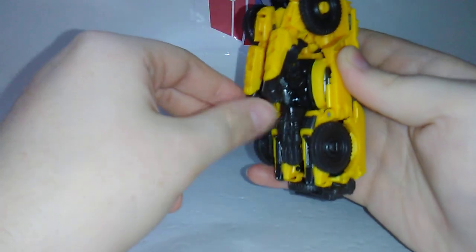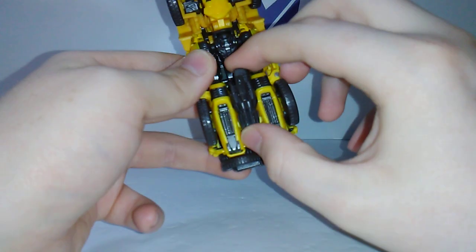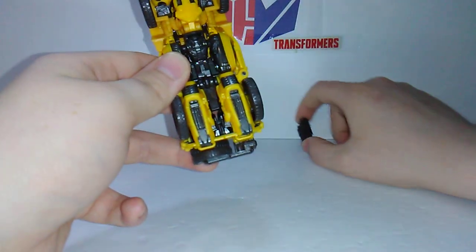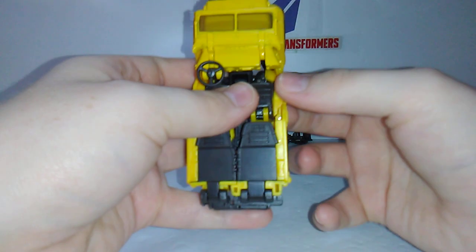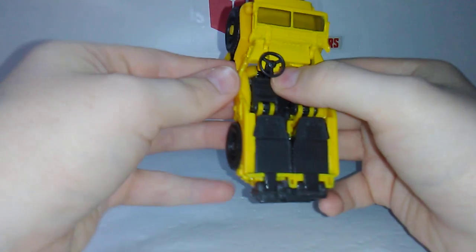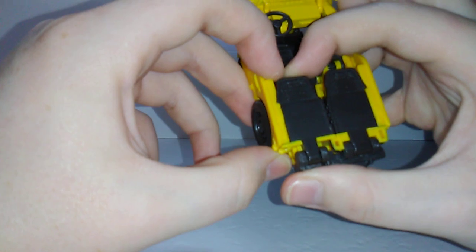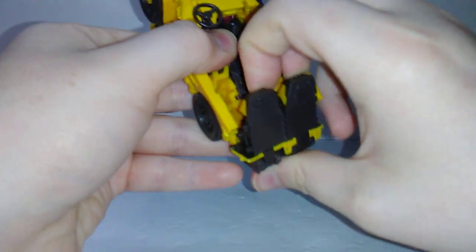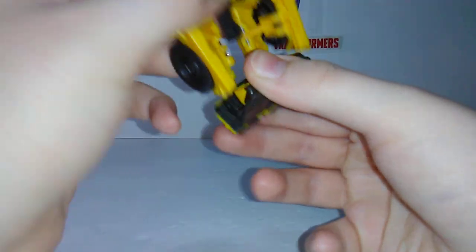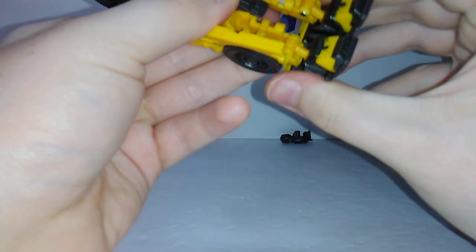bring this back up, bring them up. Next, you want to take out his gun, which is stored underneath. We'll put that to the side for later. Then you want to come to the doors, and they tab into his legs, so you just want to pull them out slightly. Then you want to take these sections, split them apart, and then take the feet and bring them down. And they are on a ball joint and hinge, so you want to make sure that you have them positioned